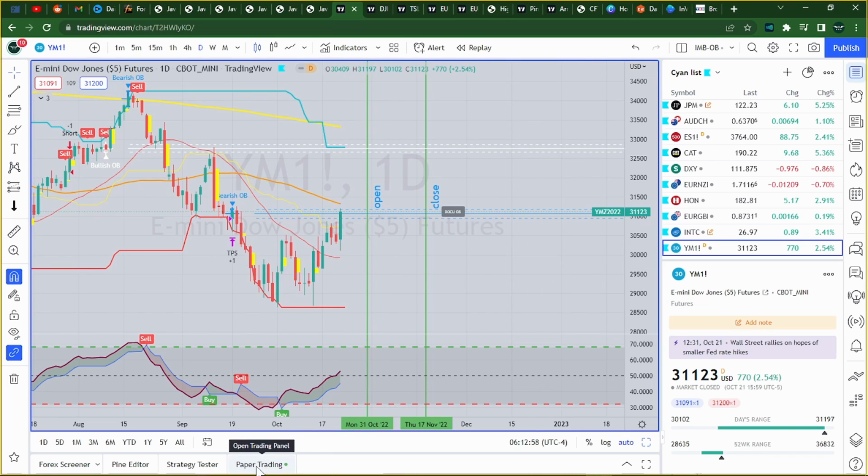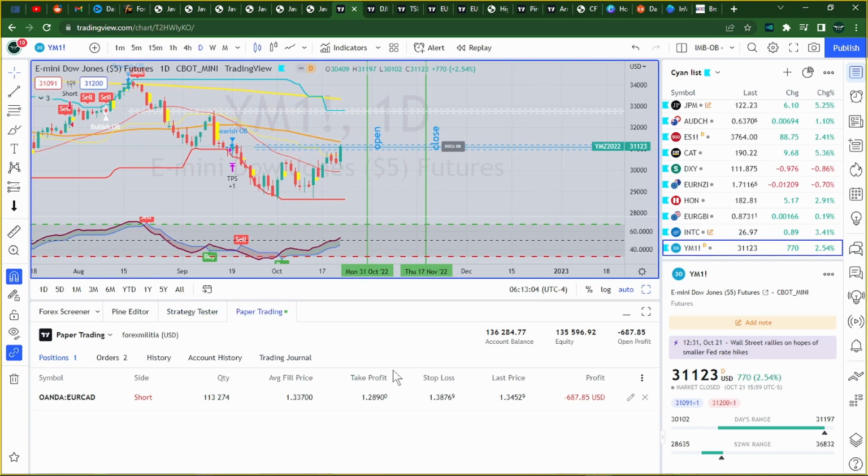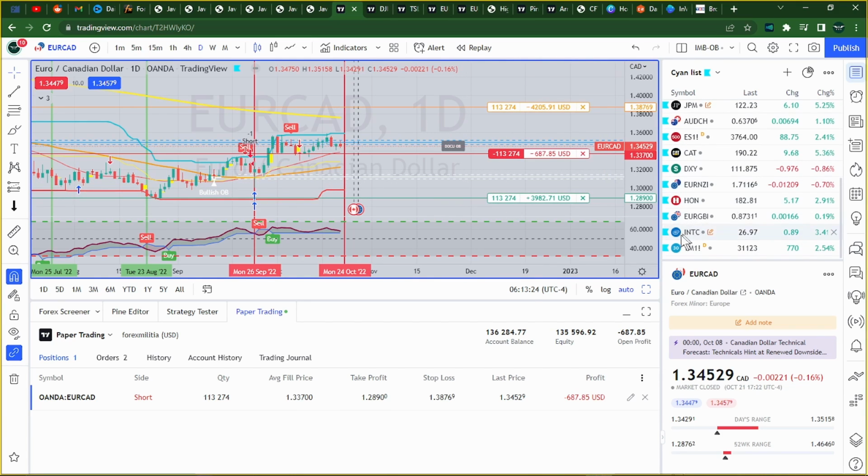Now let's get over to the strategy tester, not the strategy tester, the paper trading. And I still have this Euro CAD on, and it doesn't look like it's going to go positive going into Monday. So it'll close out with a small loss, and we will have to look for another trade. So going back,